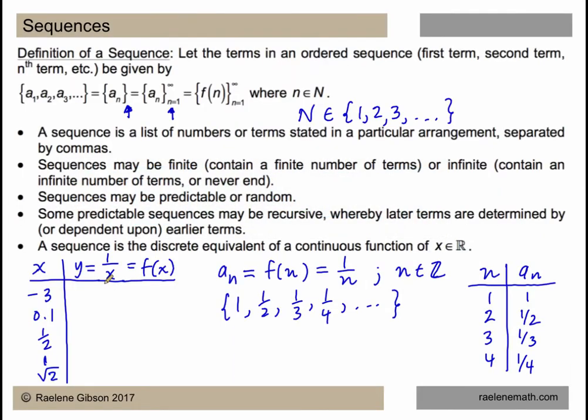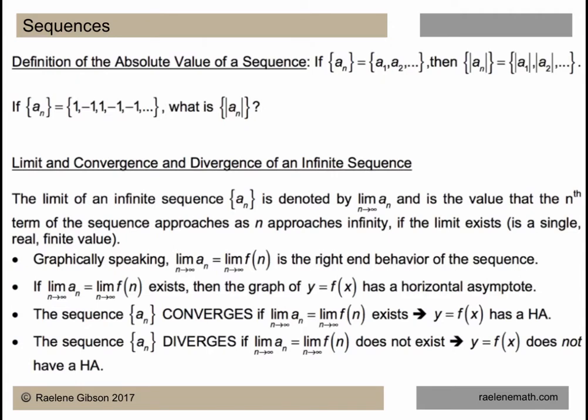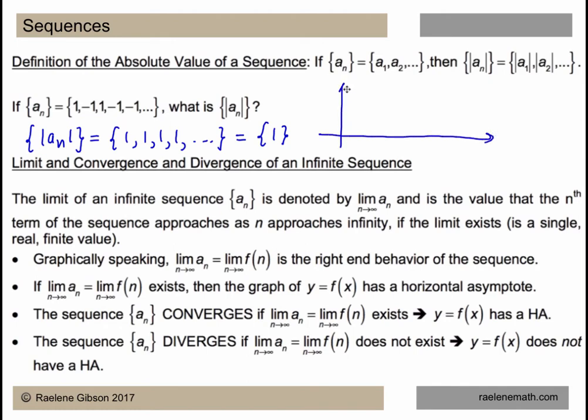The next thing we want to look at then is the definition of the absolute value of a sequence. Here we have a sequence given by alternating terms, and if we want the absolute value of the sequence, we simply take the absolute value of each individual term, which gives us a sequence of constant values 1, 1, 1, 1, etc. And this could be simply written as the sequence of the constant function 1. If we were thinking of a graph, we would have a graph of the function y equals 1, and then the input values for the sequence would only be 1, 2, 3, 4, 5, etc. And so we would just plot points that are disconnected or discrete